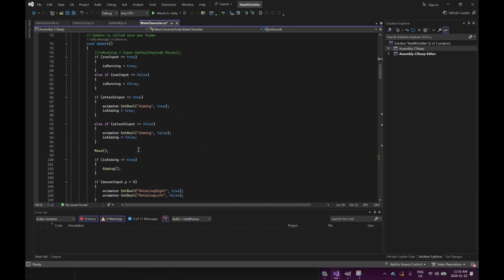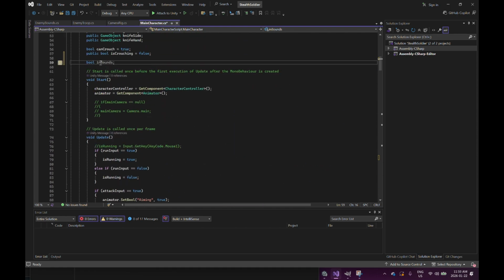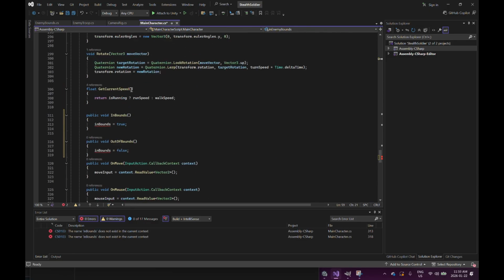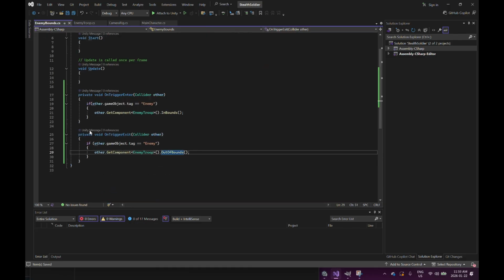So for this one, I'll say in enemy bounds, and I'll just go in enemy bounds, in enemy bounds. So I'm just going to compile that. So this needs to be triggered with the enemy bounds script, the script that's attached to the enemy bounds. So I'm just going to copy and paste these two,